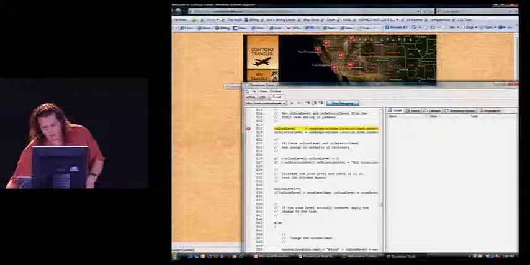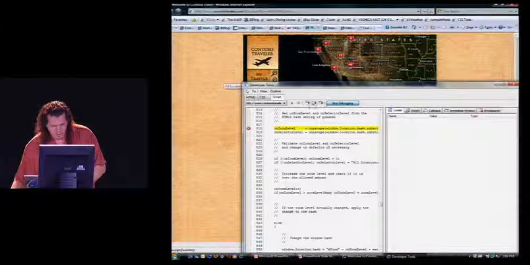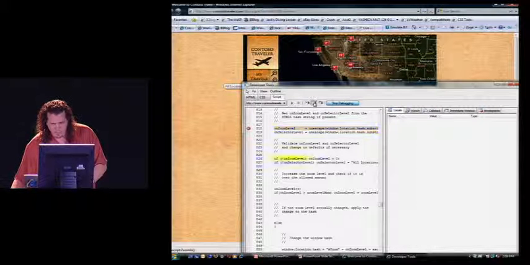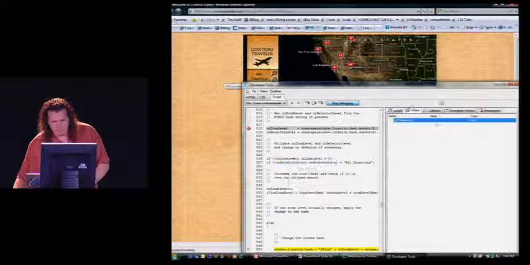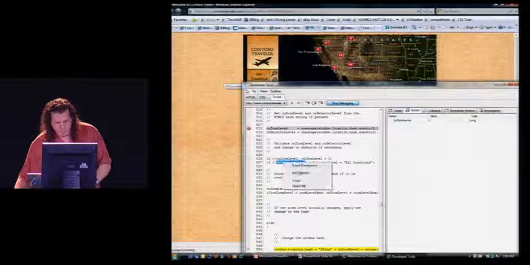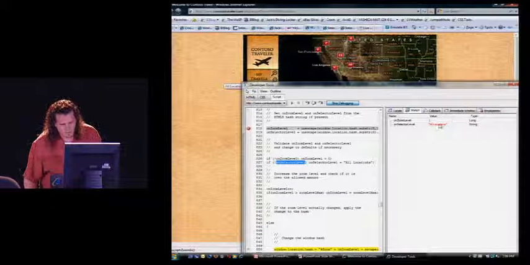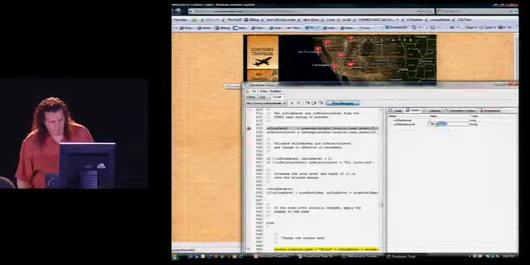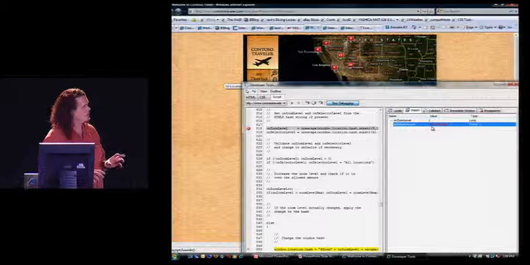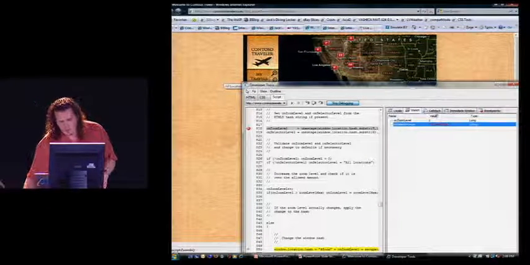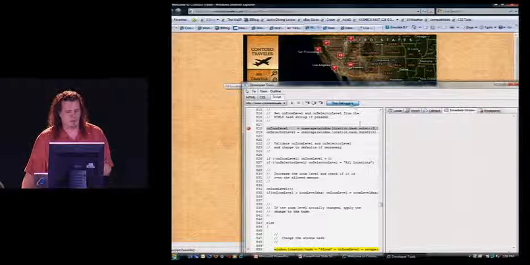I can look at the current local variables, and I should actually step a few levels in to get these things. You can add things to the watch window, get what their current variables are. You can actually edit these on the fly, and it changes things that are currently running. You can, in fact, look at the call stack. You can do immediate window and all the rest of these kinds of things.